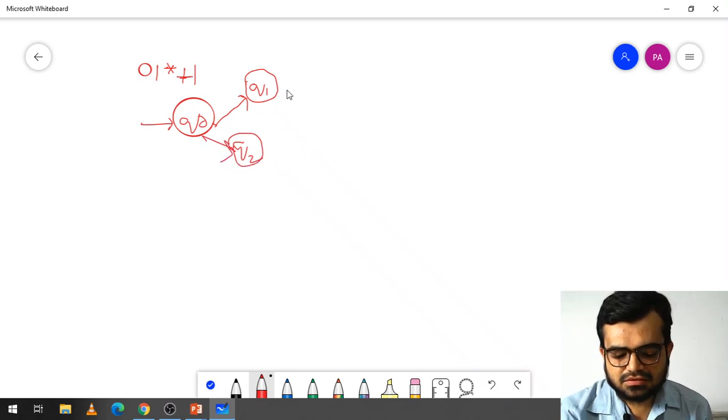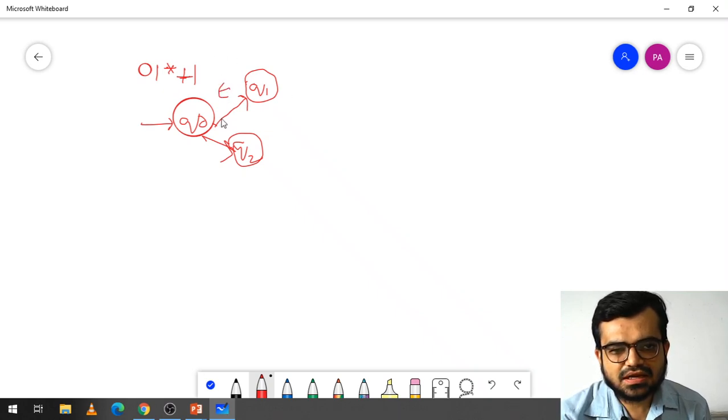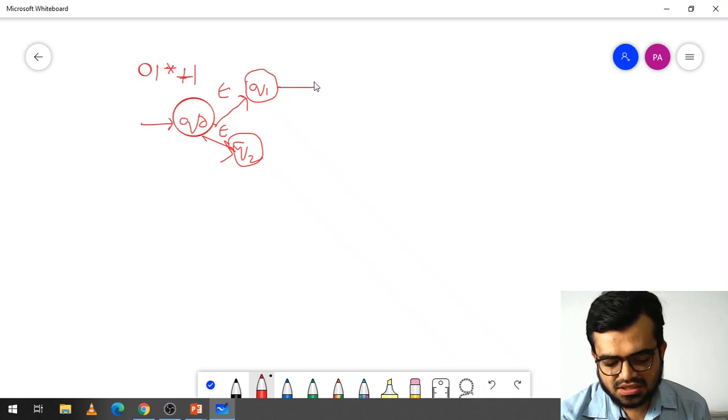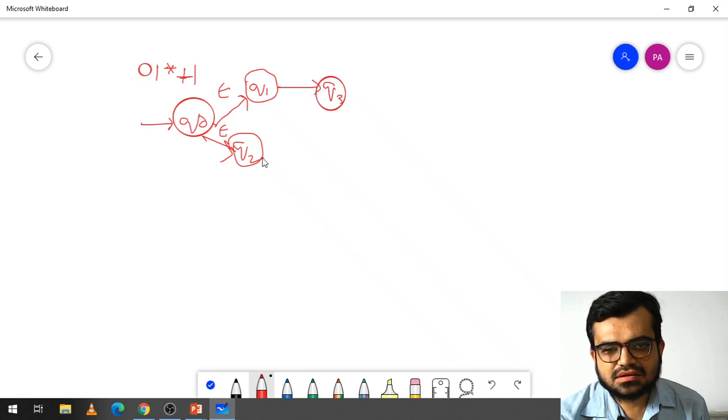Now this is epsilon moves and this is epsilon moves. First I am performing the union operation, meaning I am dividing. M1 is now Q3, and now this is Q4.